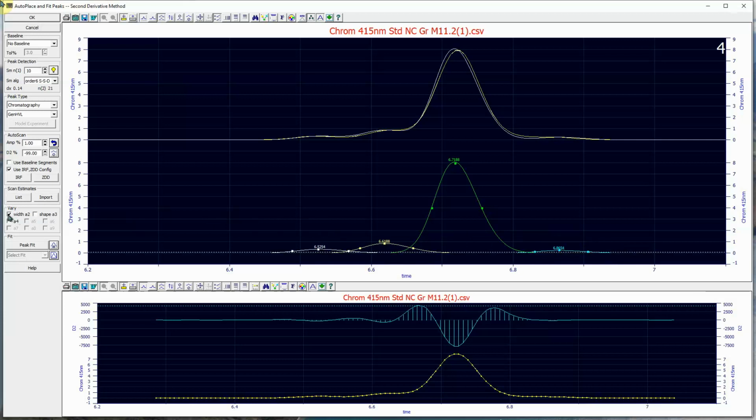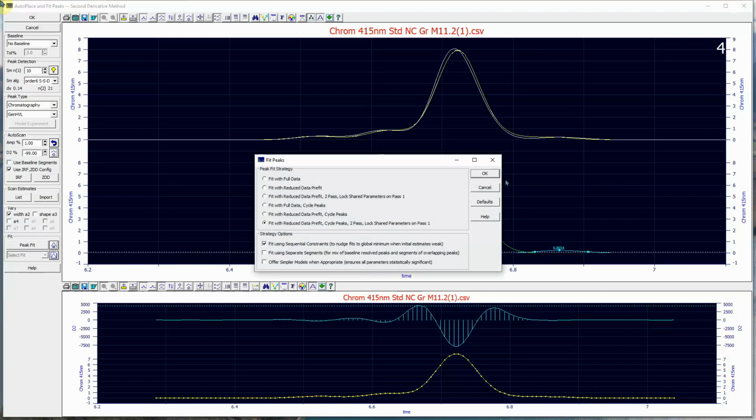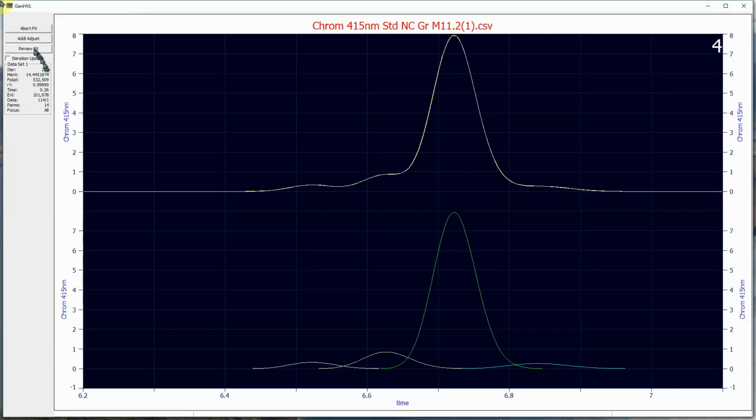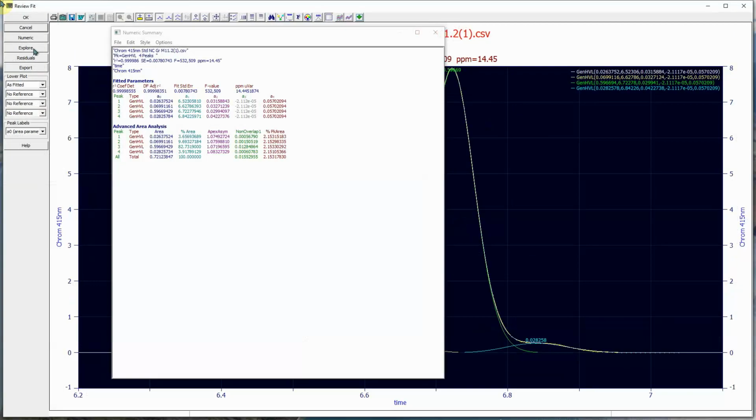We will allow the width to be fitted. We can see that going between 6.5 and close to 7 minutes, there's going to be some additional broadening, so we will attempt to fit that, but we will use a common chromatographic distortion. This is the tailing and the fronting that are unique to the chromatographic shapes. We may have that be constant across the individual peaks. In less than a second we have a fit. We take a look at this fit. First we'll look at just the